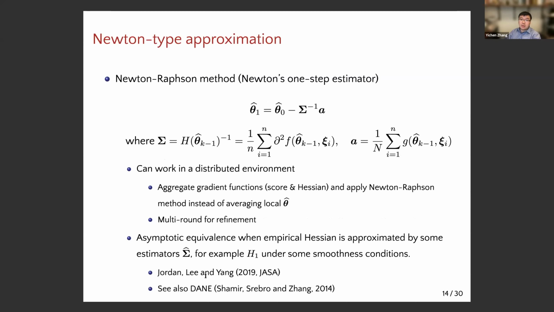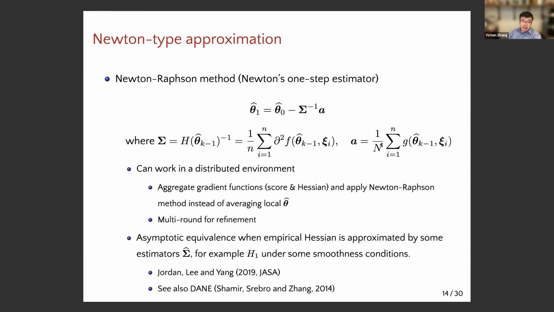When doing a Newton's one-step estimator, we need to evaluate an empirical Hessian and an average version of the gradient. They can be done in a distributed environment, and it achieves better performance because it is as good as doing a Newton's one-step estimator to solve